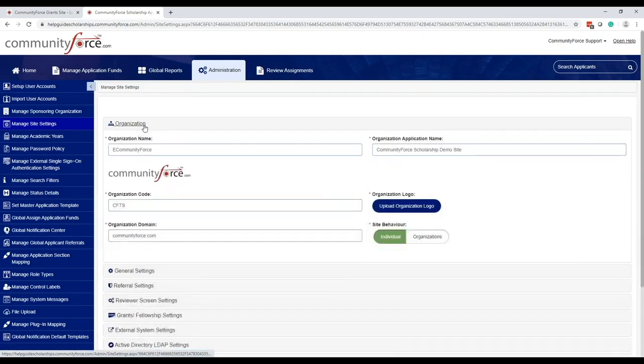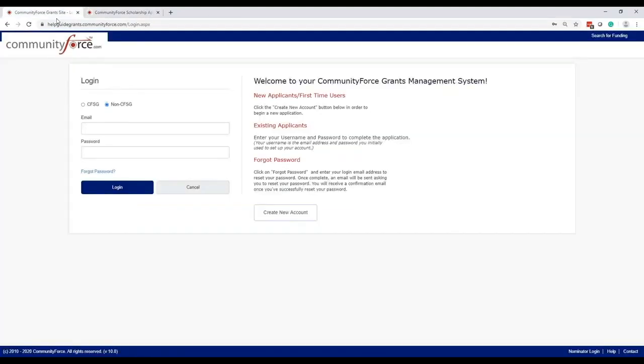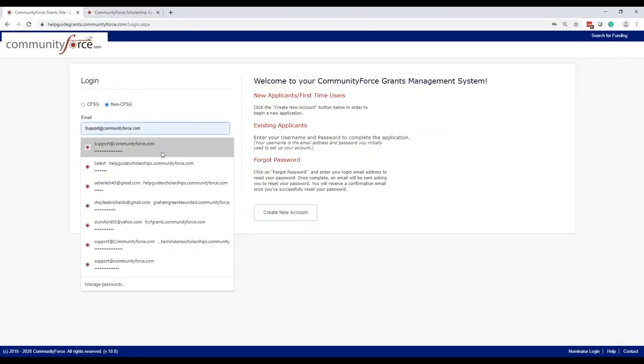And so here in organization, of course, this is where we put your name. This is where we upload the logo. This is where we tell the system, are you a grant user or are you a scholarship user? Do not touch site behavior, because individual means you're a scholarship user. Individual is for scholarships only. If I go to the grant site, you'll see when I log in here,